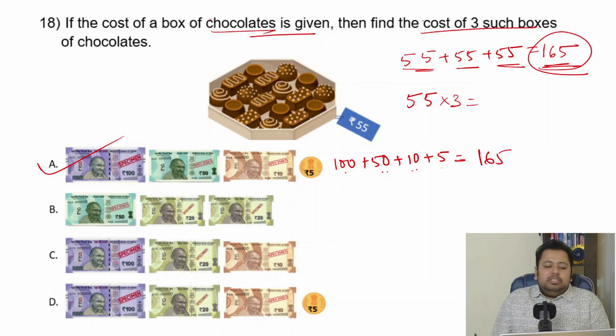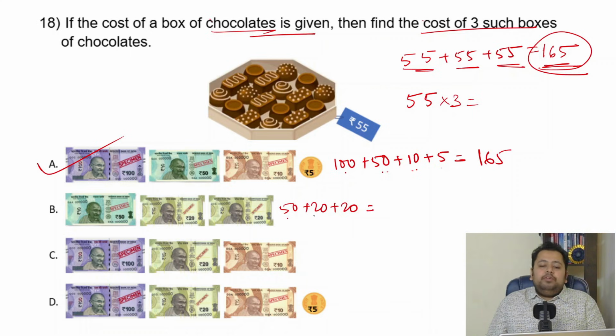The other options, if you see, this is what? This is 50 plus 20 plus 20. If you do the addition, 50 plus 20 is 70, 70 plus 20 is 90. So I'm doing the addition fast. I'm hoping in class 2 you are very well aware of addition and very comfortable doing it, so that is why I'm just doing it a little faster. But I'm sure if you want to do it, you would have solved it completely